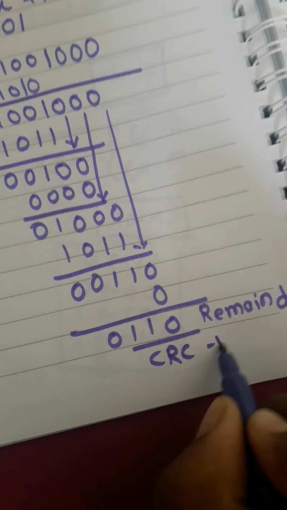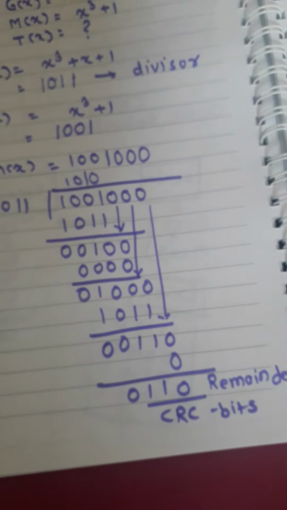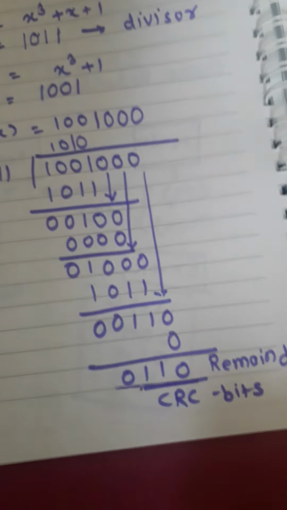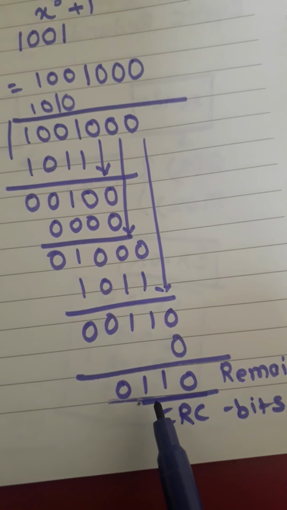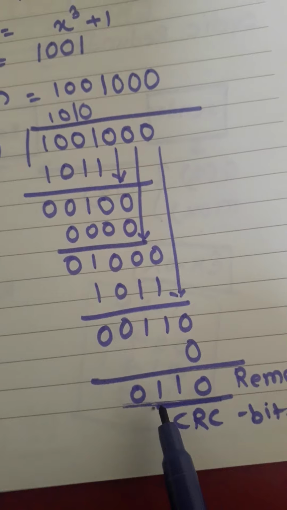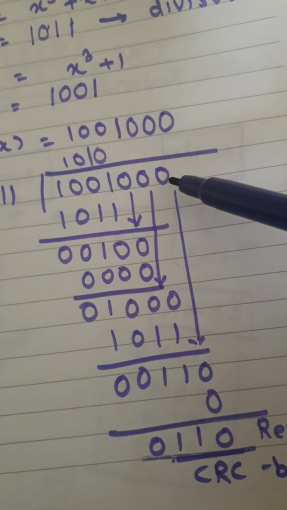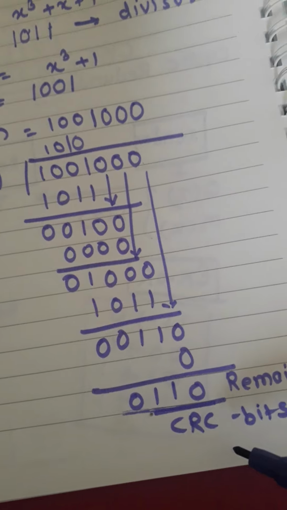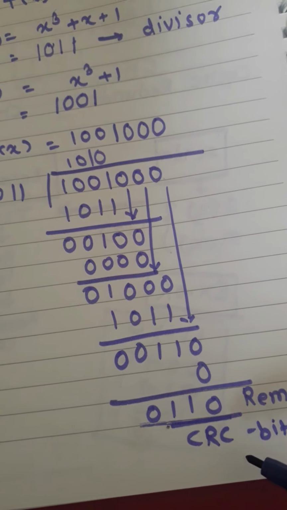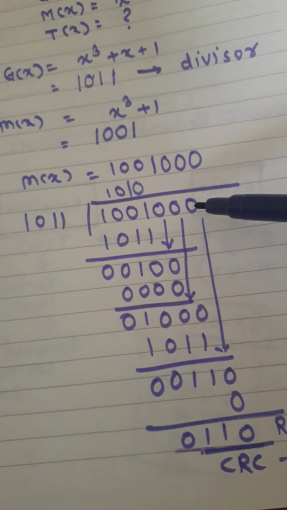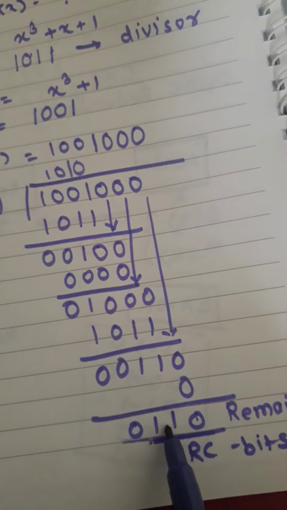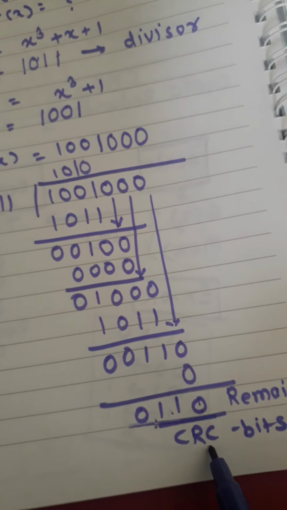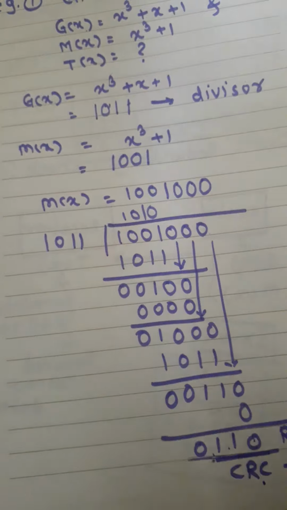Right? Now this is called the CRC bits. But 0110 is there, right? But how many bits we have to take as CRC bits is, you start from the right side. From the right side, how many bits do we have to take? Exactly, we have to replace this number of zeros with the CRC bits while we are transmitting the data to the receiver. How many zeros have we added here? 3 zeros, right? So from the right side we have to take 3 bits, 1, 2, 3. So 110 will be our CRC bits, and this 110 we have to append to the original data.